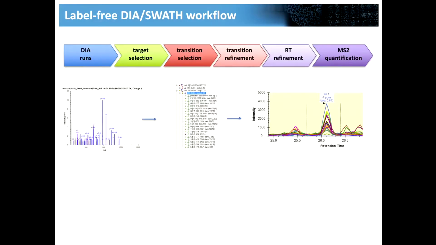The dot p-value is quite low. That is correct. In all the examples that I will show you, the dot p-value is quite low, so you don't have any tools to compare. There's also no scoring model here. Just look at the peak. I would say there's quite a few transitions here that coelute, and it looks like a very nice peak. My first guess would be, yeah, maybe. However,